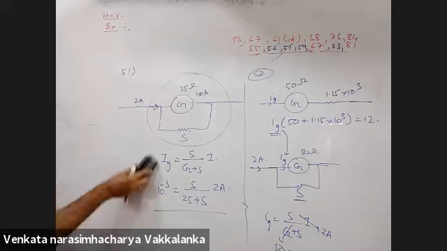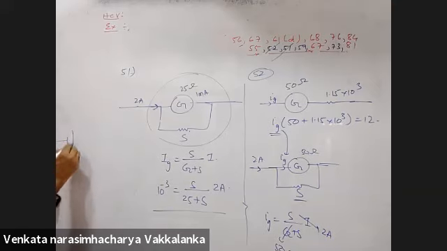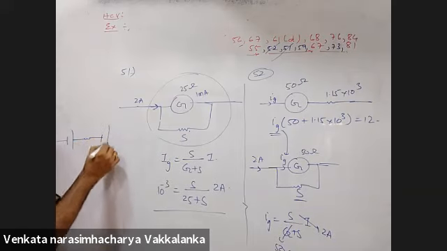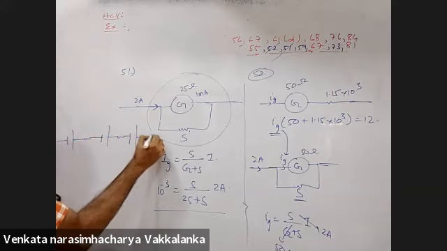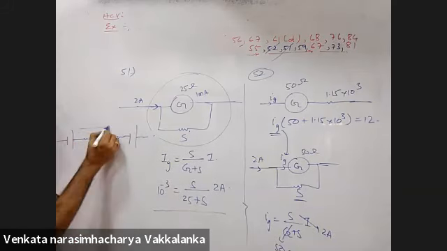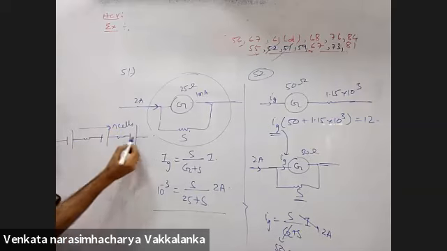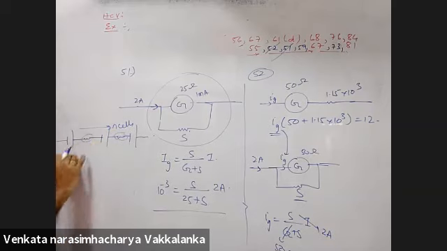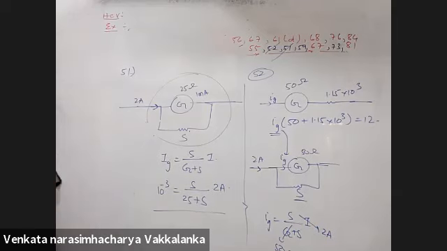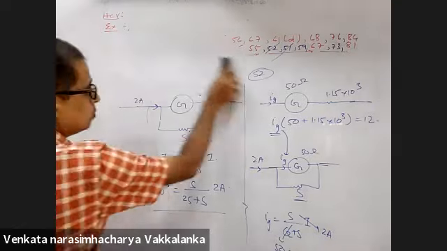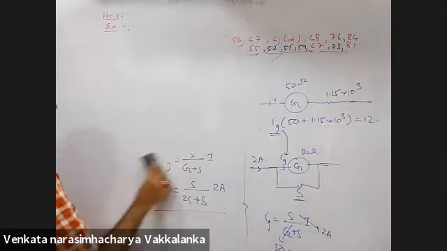Where you place the battery does not matter. If you have n cells in series, do you recollect? You added all the EMFs irrespective of the resistances. You added the resistances separately. This way, that way, it matters not. But keep an eye on the polarity. If you reverse the polarity, it will become E1 minus E2. Okay, sir. Thank you, sir.